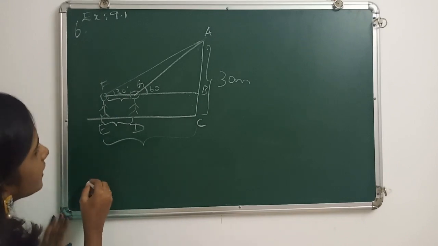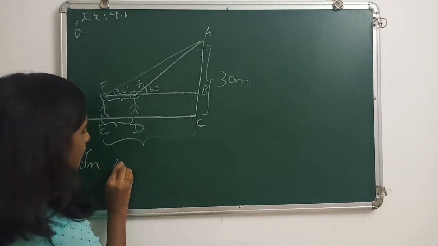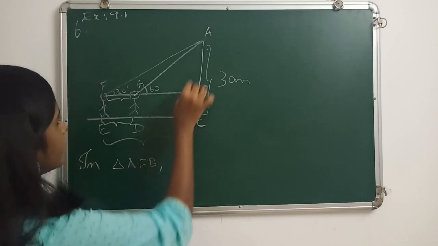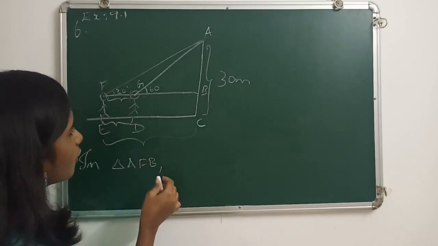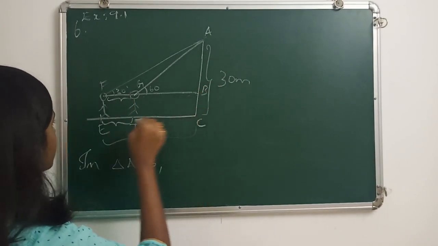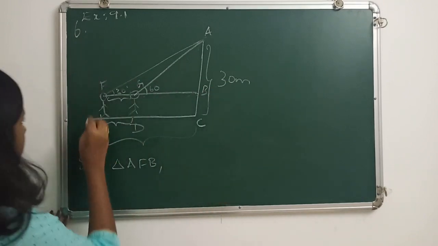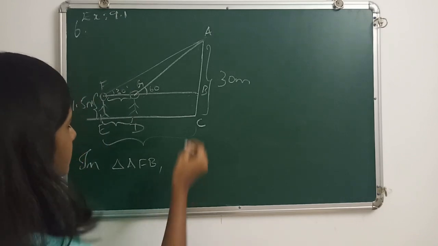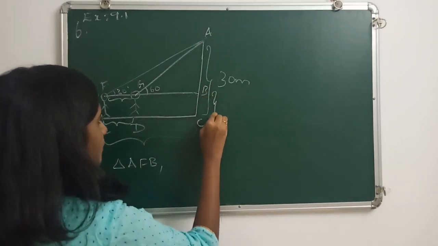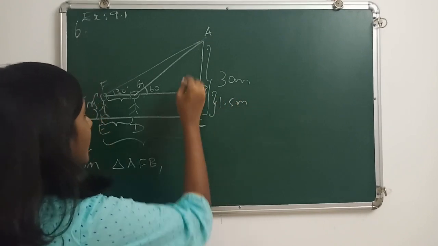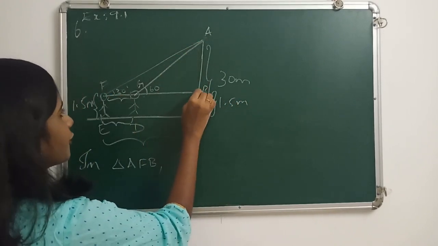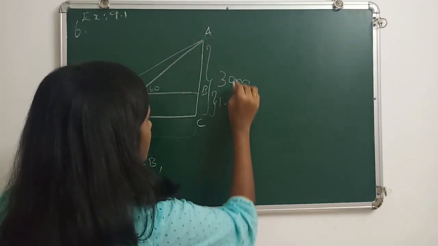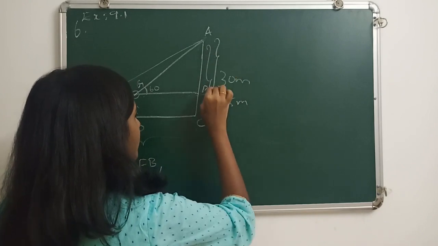So first let us go with triangle AFB, we have opposite, we know the value of this, and here it is given that that boy is 1.5 meter tall. Now let us come here. This part will also be 1.5 meter. Now to calculate this measurement with this triangle, we need only this part and not the whole part. So first let us subtract. So 30 minus 1.5, this part is